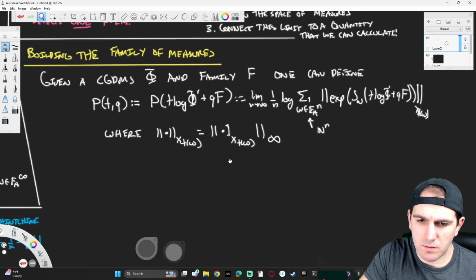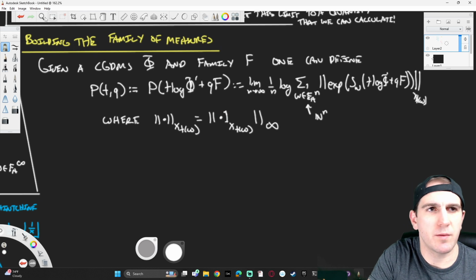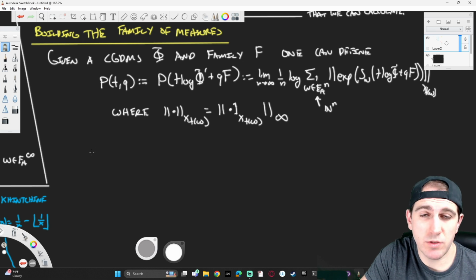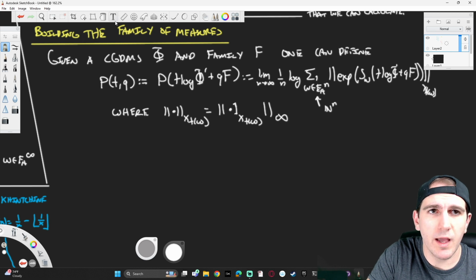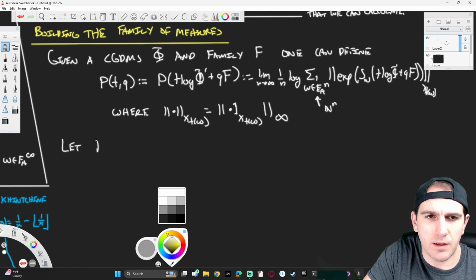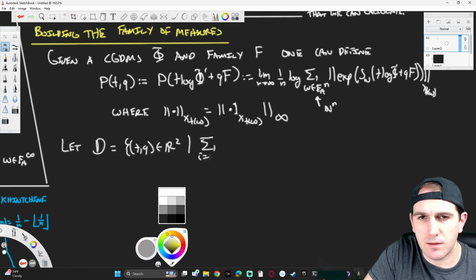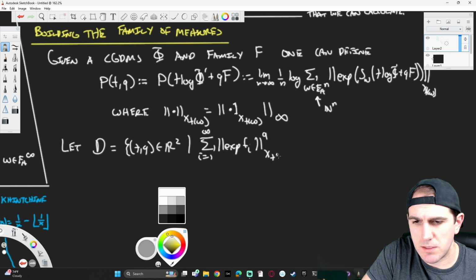So pressure can be not great to calculate, but there's some thermodynamic formalism that's already been developed that I don't have to work for in order to get information about pressure. And in order to make sure I can do things with pressure, I just need to make sure that it's finite and exists. And so one of the things that I prove is that we can go ahead and let D equal the set of T and Q within the real plane such that this adjusted sum